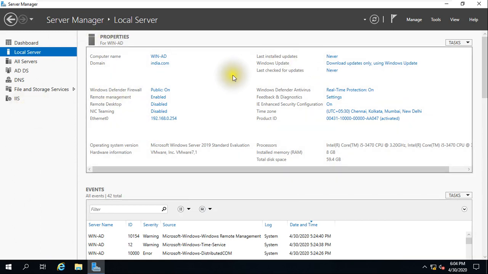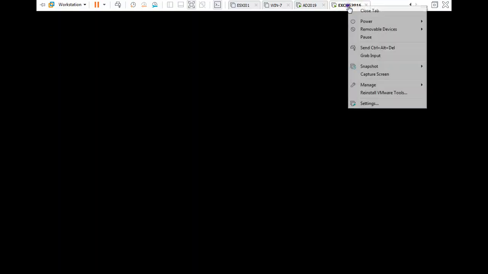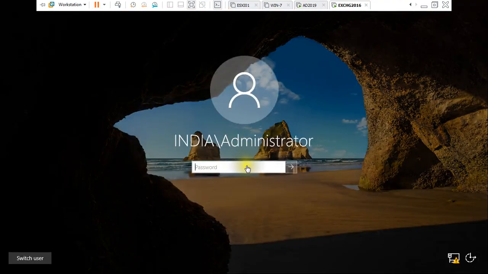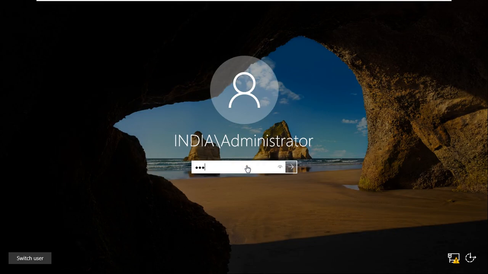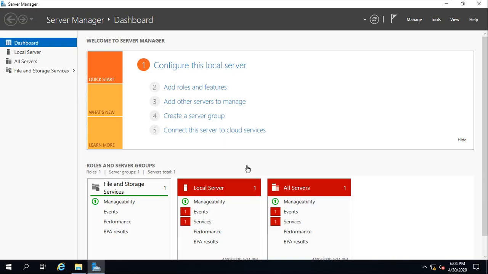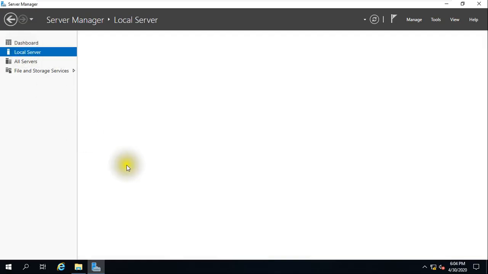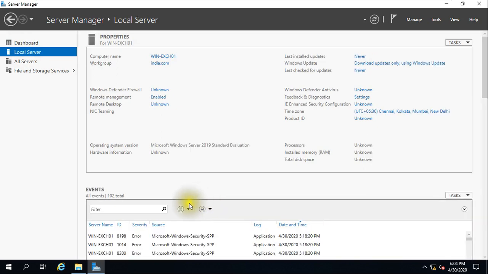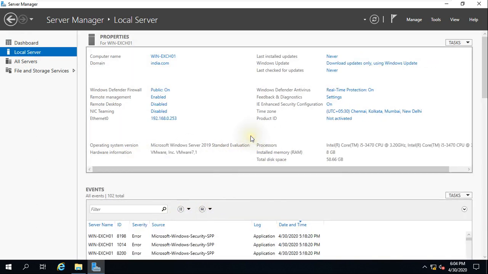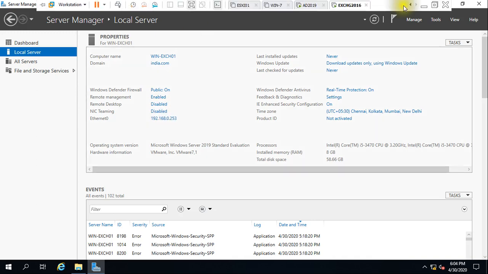But I will be using this secondary server as the Exchange server. We will be deploying Exchange server on this, and as you can see I'm using Server 2019. Both are my Server 2019 Standard evaluation version, and I gave the IP like this. So this is what we have as of now.